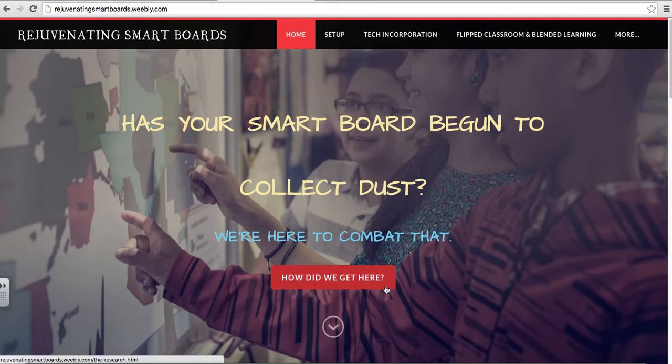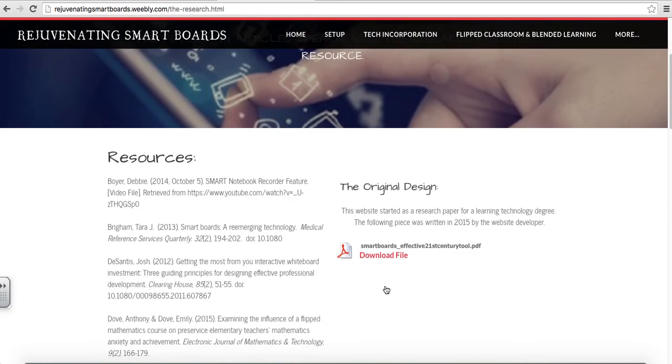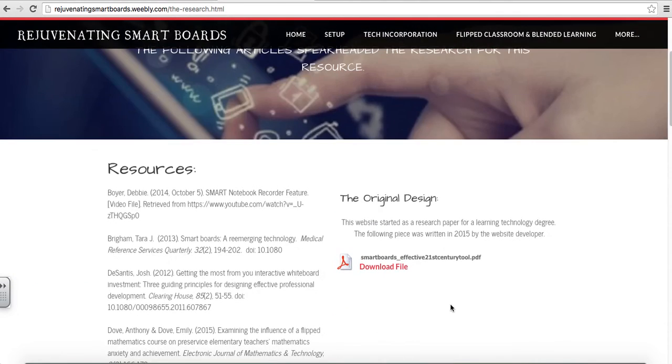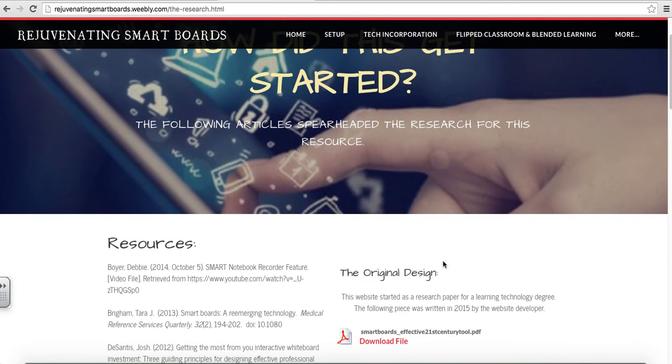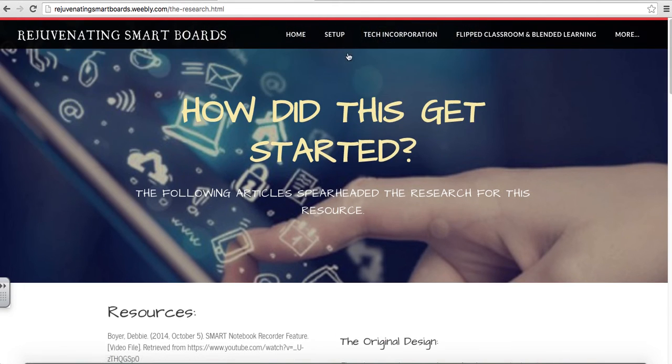The idea of how did we get here is actually going to bring you to my resources page, or the research itself. And all the way to the left, you can see my series of resources that I used. But something else I did want to bring up was this piece on the right-hand side, the original design. Back this fall, I developed a paper about rejuvenating or reviving smartboards, about how they are the 21st century instructional technology tool. And the actual piece that I created for CECS 5030, my research paper, it is available for folks to take a look at if they'd like. Going back home,